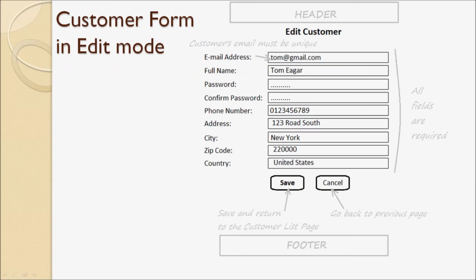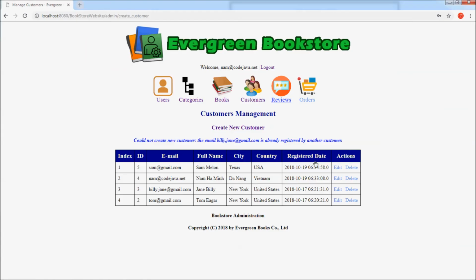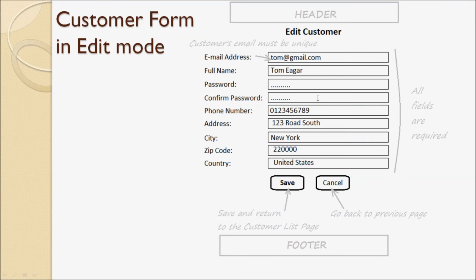Let's review the user interface design for the customer form in edit mode. You see, when the admin user clicks the edit hyperlink next to the customer here, the edit customer form appears like this. All the details are filled and all the fields are required. When the admin user clicks the save button,